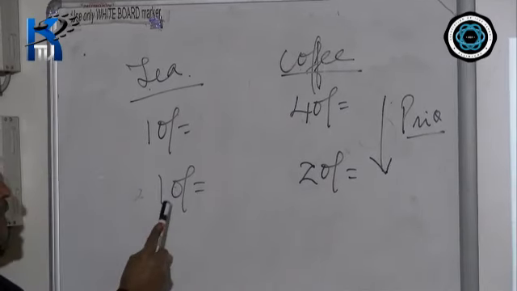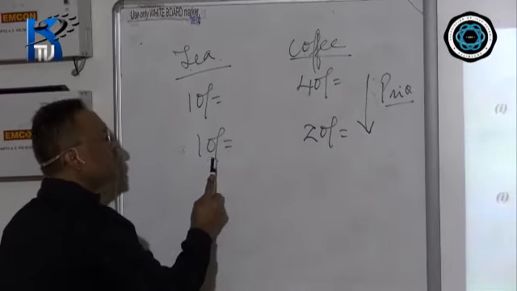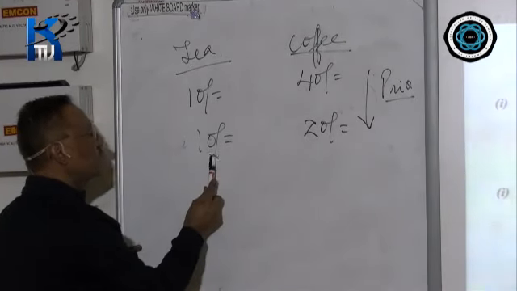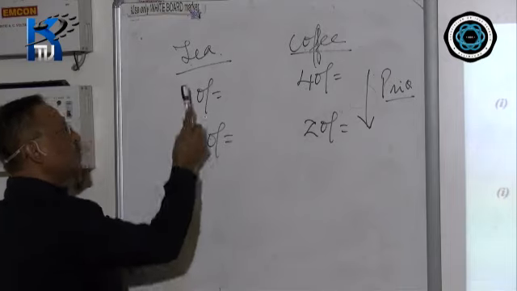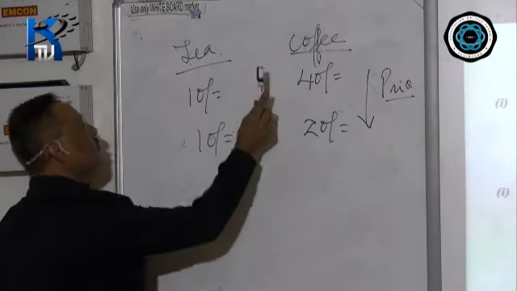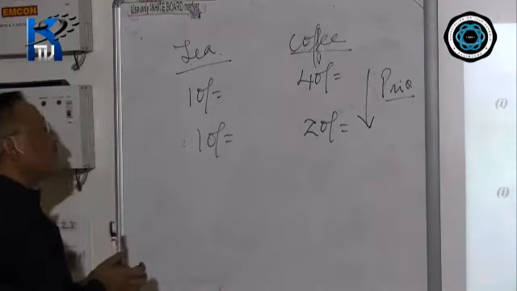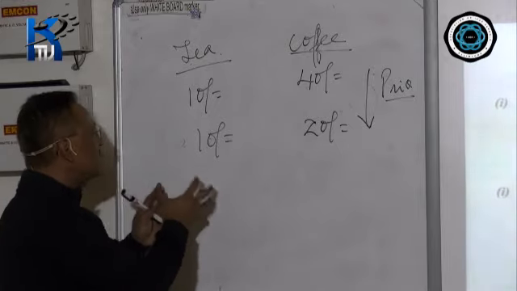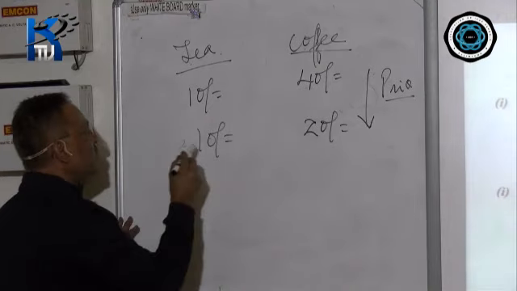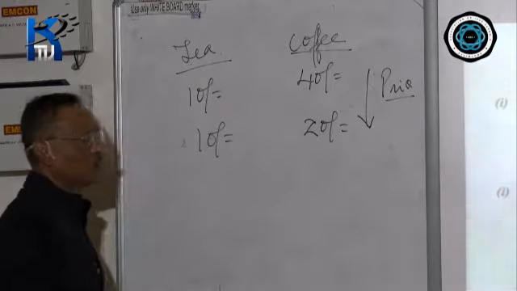Though the price is the same compared to what it was, since the coffee price fell, you will say tea is relatively costlier, or coffee is relatively cheaper. Though it is still not cheaper than tea, tea is cheaper, but compared to before you will say that coffee is relatively cheaper. When coffee is relatively cheaper, the existing consumers who drink tea switch over to coffee. So what has happened? The demand for tea will fall and demand for coffee will increase.